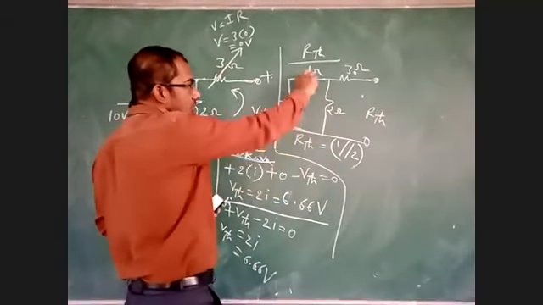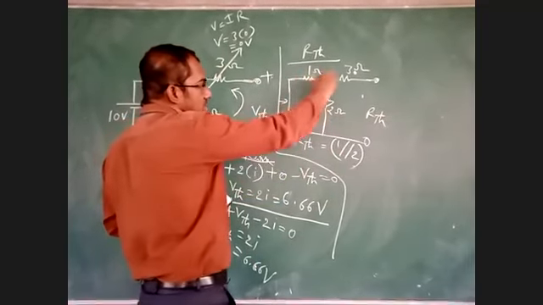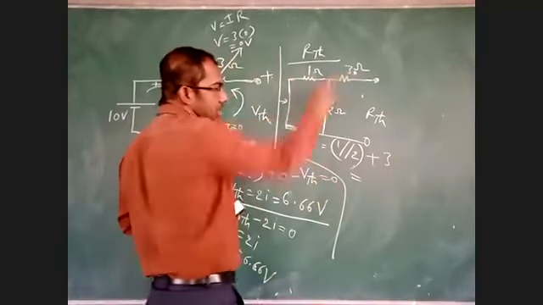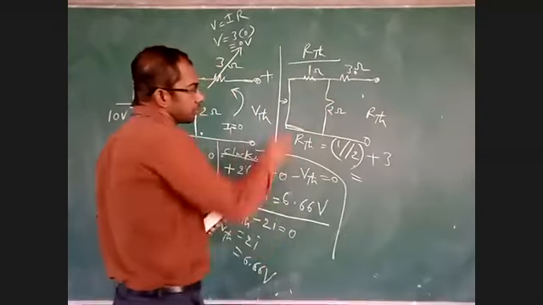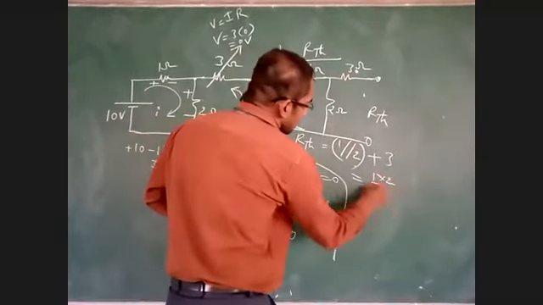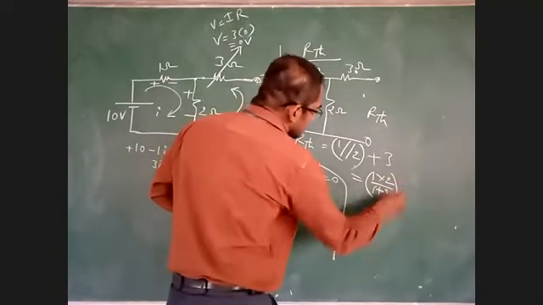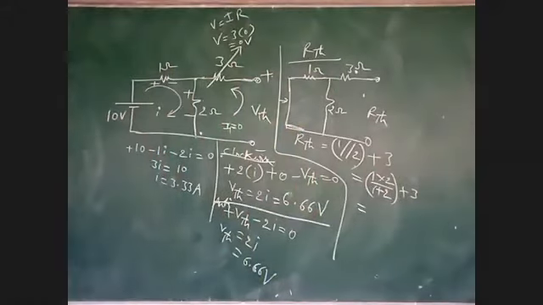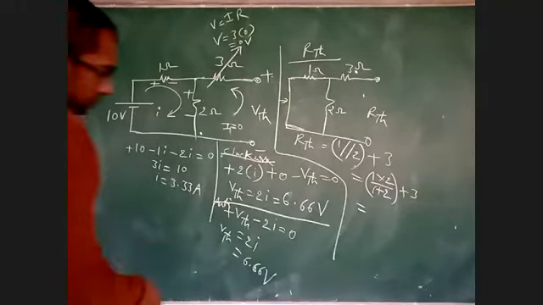After converting these two into one resistance, it will be in series with 3 ohm. This parallel combination will be in series with 3 ohms. Okay, 1 and 2 are parallel, in series with 3. Now tell me the value. 3.66.